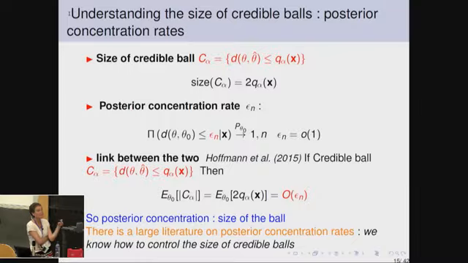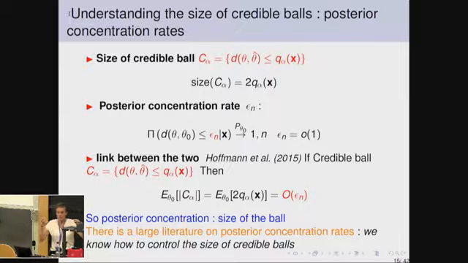And what's nice about it is that there is now a large literature on posterior concentration rates. So we know fairly well how to deal with that, and so we don't have to invent new tools to understand the behavior of the size of the balls, the credible balls you're considering. So what do I mean by posterior concentration rates? I mean that you're looking at balls around the true value of the parameter, theta naught, that are shrinking at a certain rate, epsilon n, and you want to select epsilon n as small as possible, but still such that the